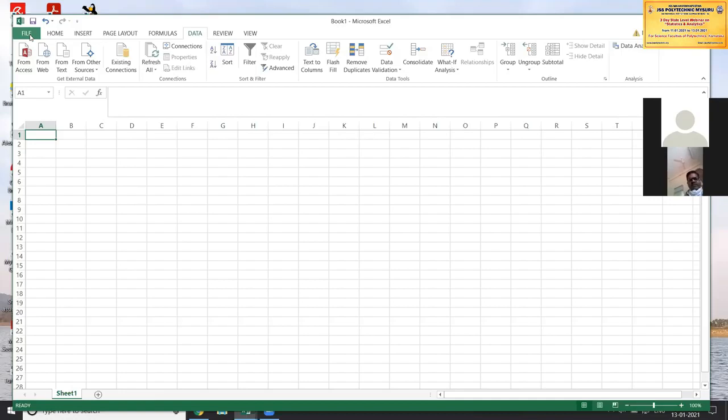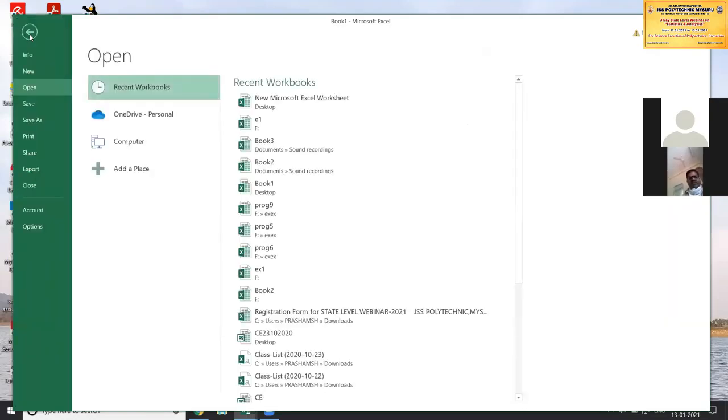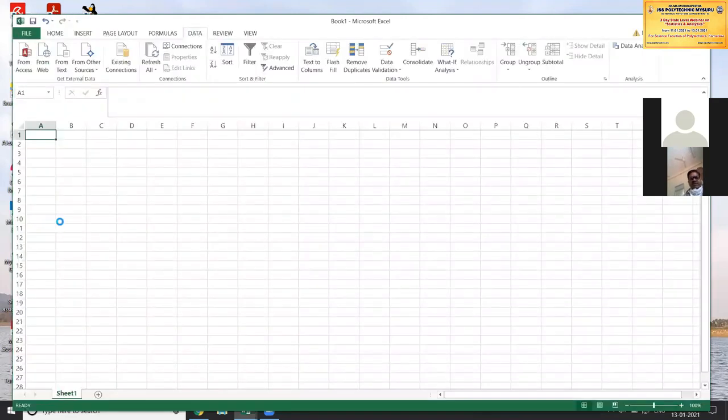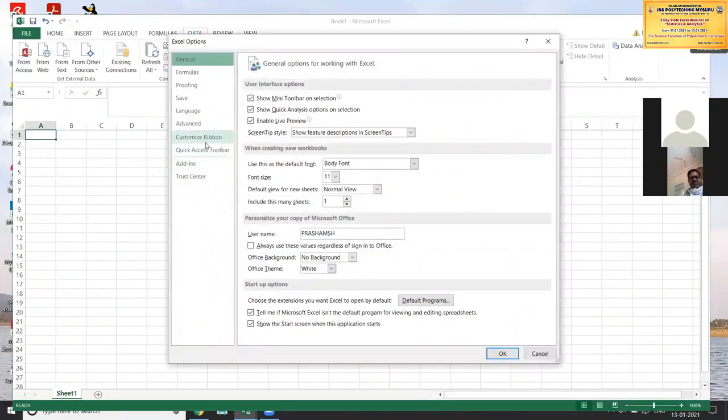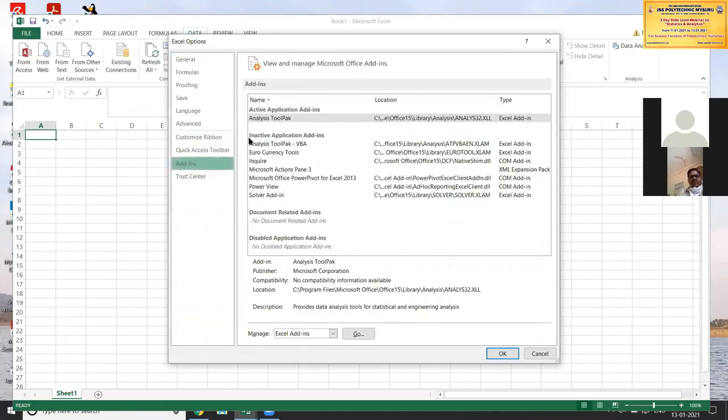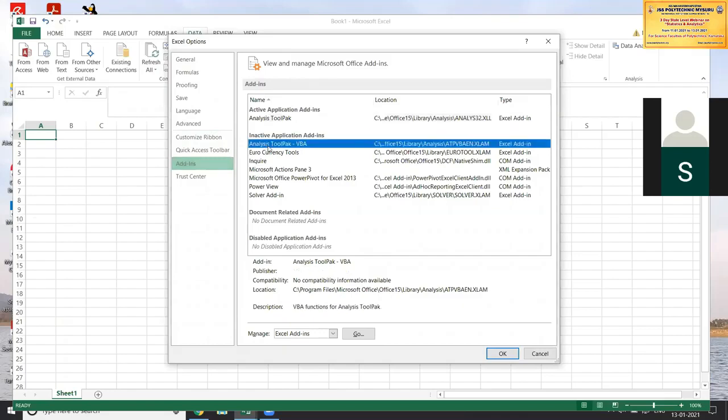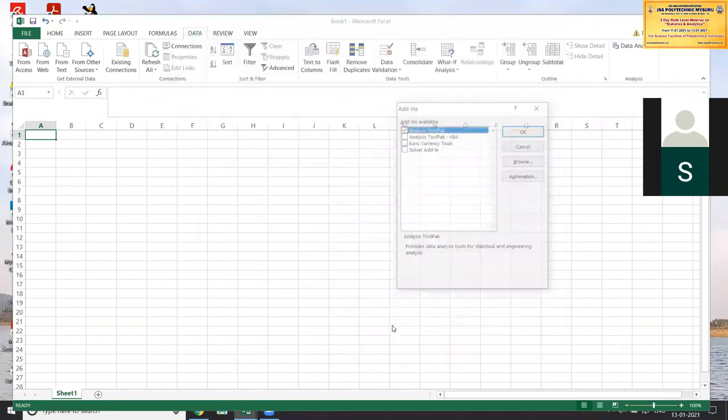To enable it, go to File, then Options, and click on Add-ins. If it is enabled, it will appear under Active Application Add-ins. If it is not enabled, it will be present under Inactive Application Add-ins. Click on that and say Go.